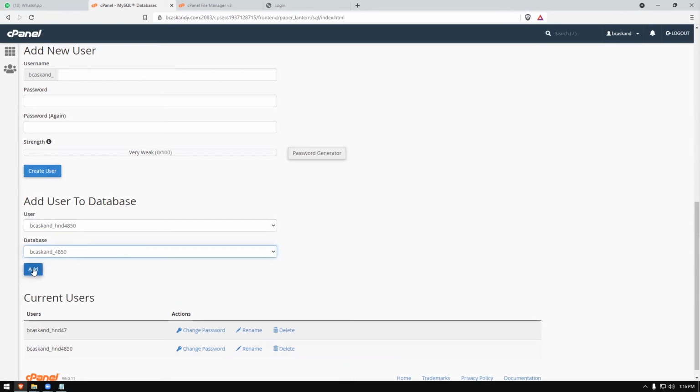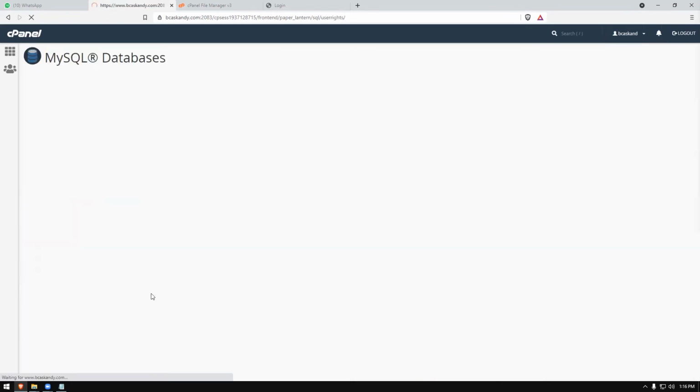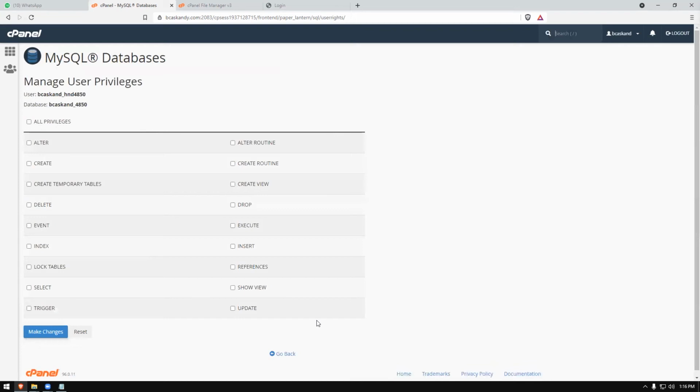When you are selecting add for that database, it is asking for the privileges. Are you going to give him only create, or let's say he can only execute queries, can't do anything, can't even edit a record? So I'm going to give all privileges. Be careful when you're giving this to a user. If you give drop privileges and all, databases can be deleted, right? So I'm going to click make changes. Okay, now it's successfully done.